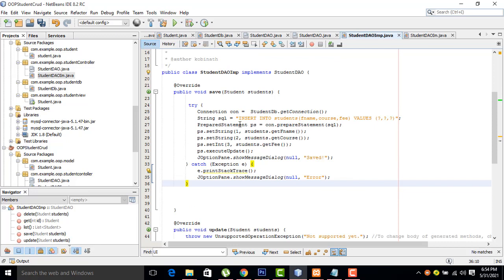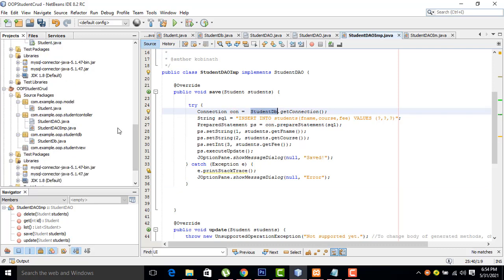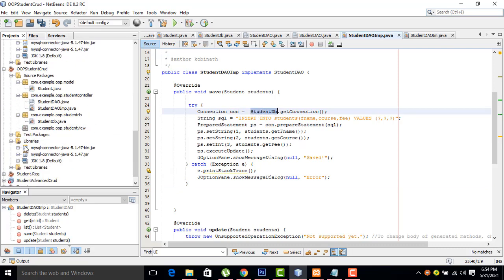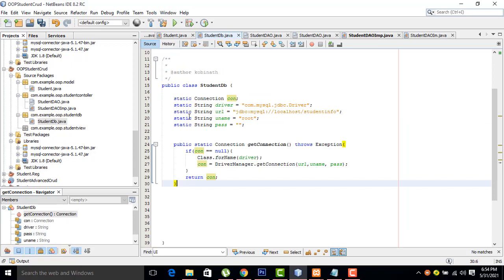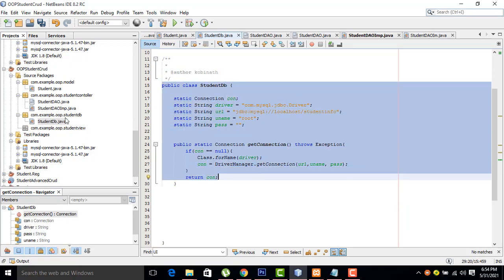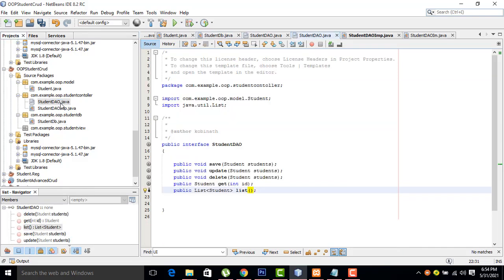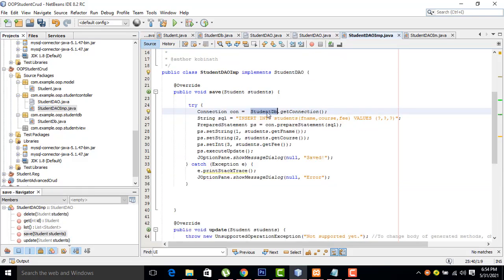So here first we have to create the connection object con. StudentDB, this is coming from where? My database connection is coming from this StudentDB, right? So what I did here is I called this class StudentDB.getConnection. This StudentDB class has a method called getConnection.